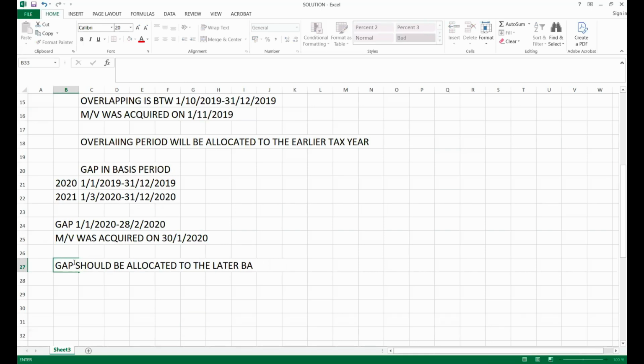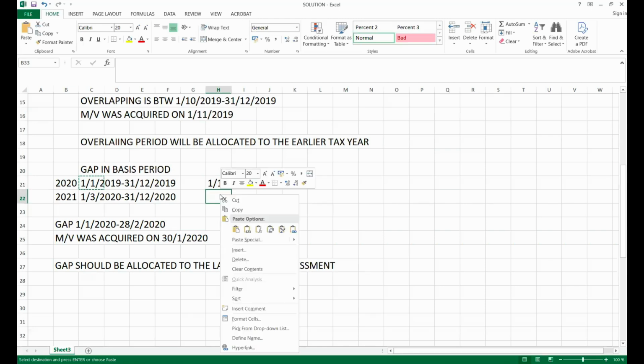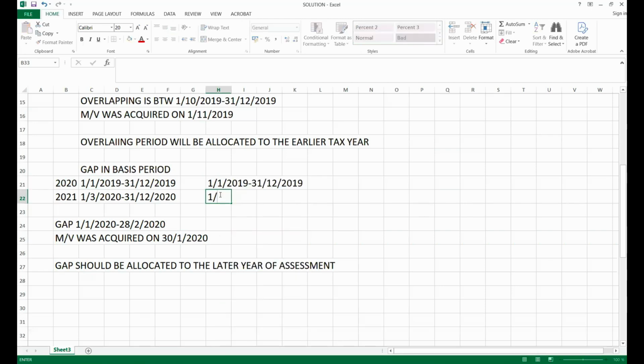Basis should be allocated to the later year of assessment. What that means is that the period where there is a gap will be assumed to be the second year of assessment. So the basis period for capital allowance will now be 1/1/2019 to 31/12/2019. The period between 1/1/2020 to 28/2/2020 will now be given to the 2021 year of assessment. So this one will now be assumed to start from 1/1/2020 to